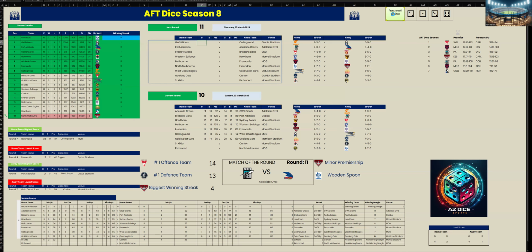Let's go to the second quarter. Second quarter, Carlton have won the quarter, 5-6. Carlton, St Kilda 5-2. And at halftime, St Kilda are up by 3 points, 64-61. Let's go to the third quarter of this game.